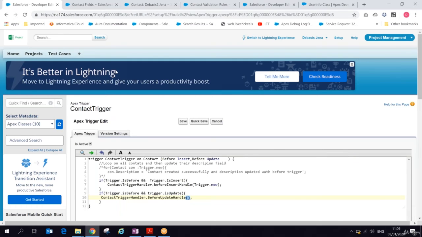Inside this I'll pass Trigger.new and Trigger.oldMap, as I have two parameters, new list and old map. Now I click on save.